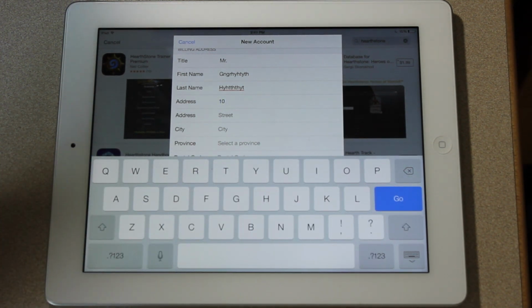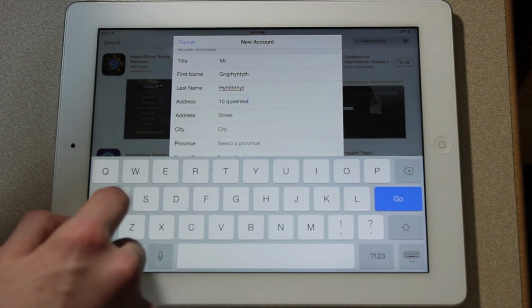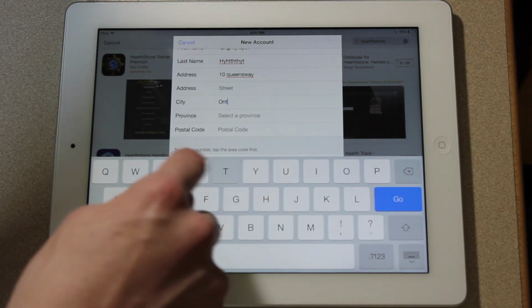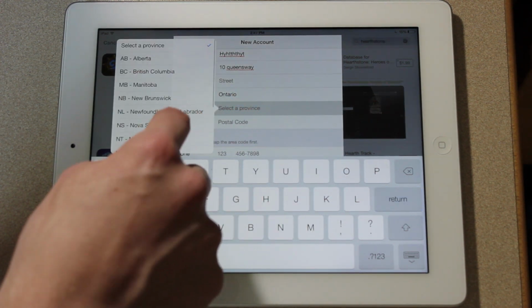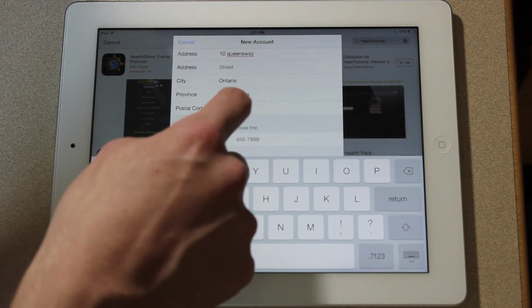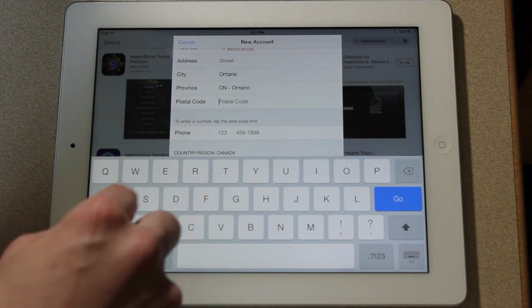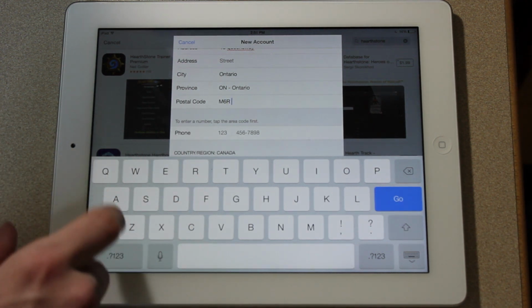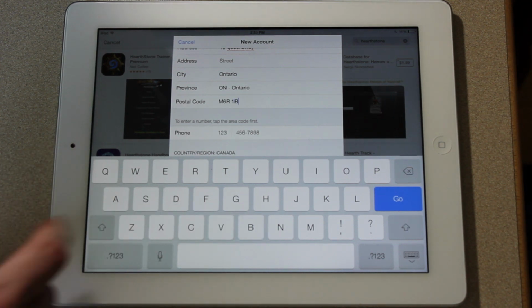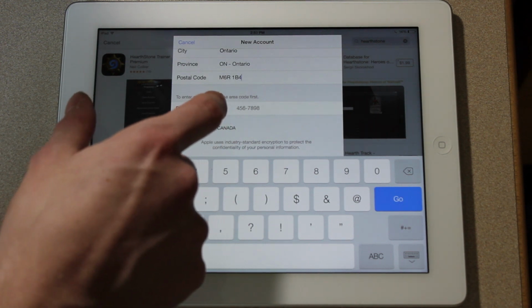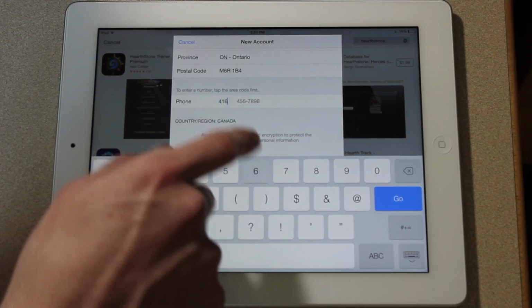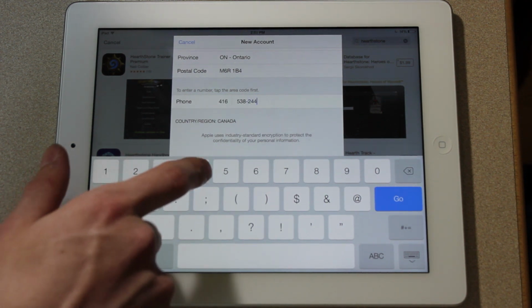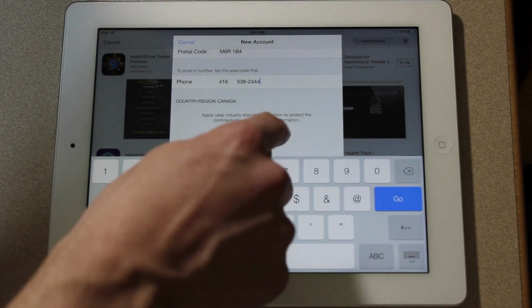So that would be, the address would be 10 Queensway, and then the city would be Ontario, and then the province would also be Ontario, and the postal code would be M6R 1B4, and then the number would be 416-538-2444. So if you want McDonald's and you live in Canada, you can use that, and then we'll be hitting next,